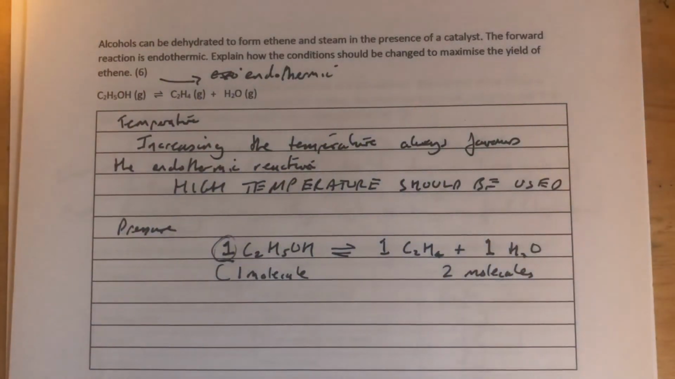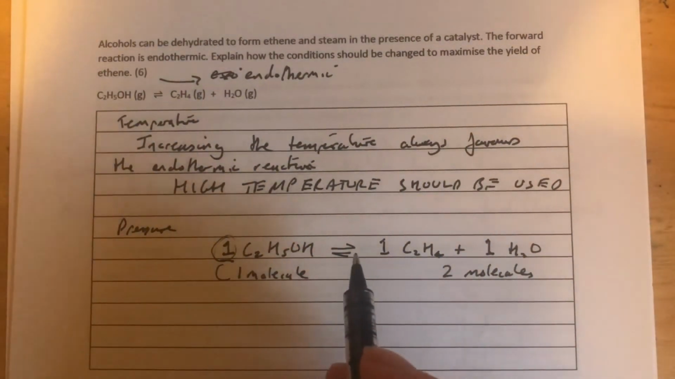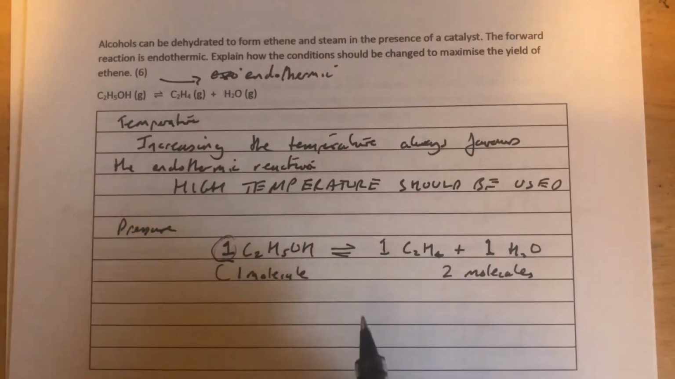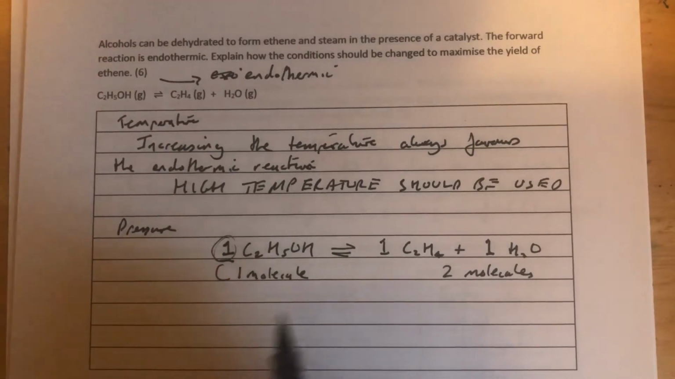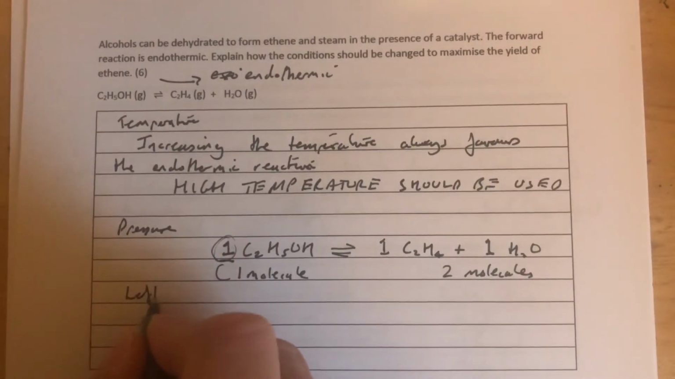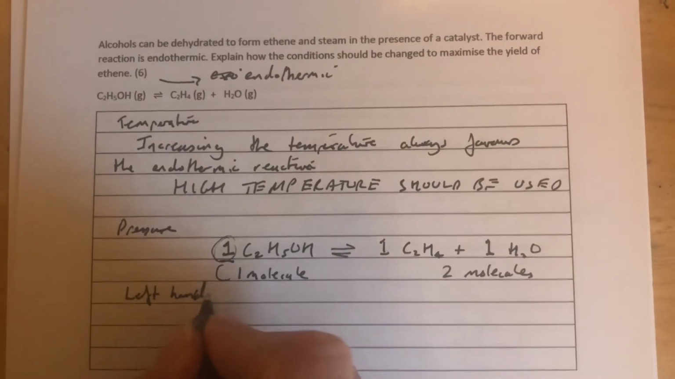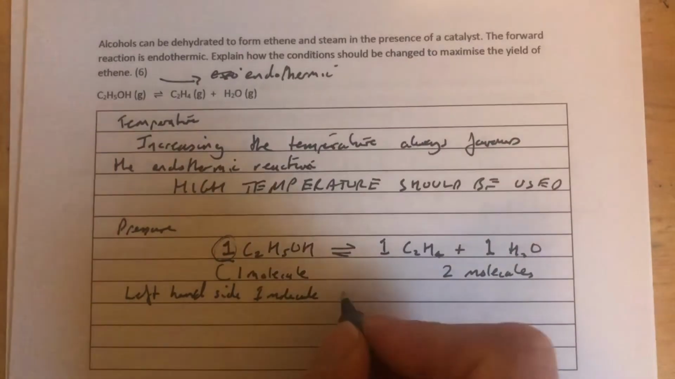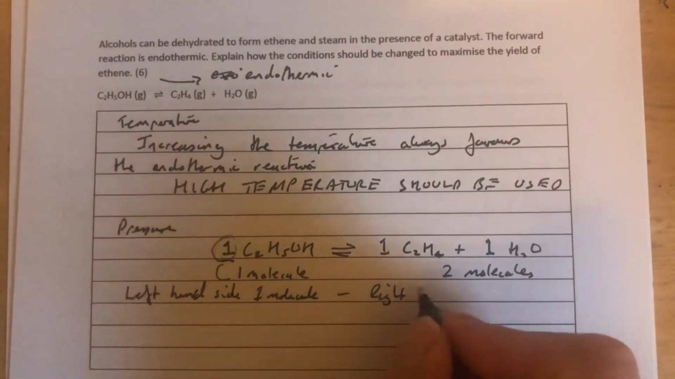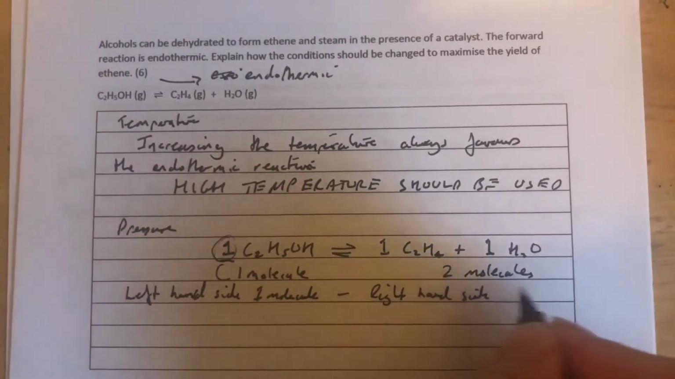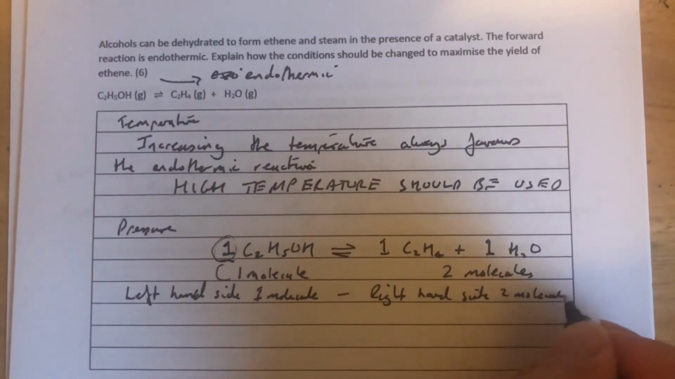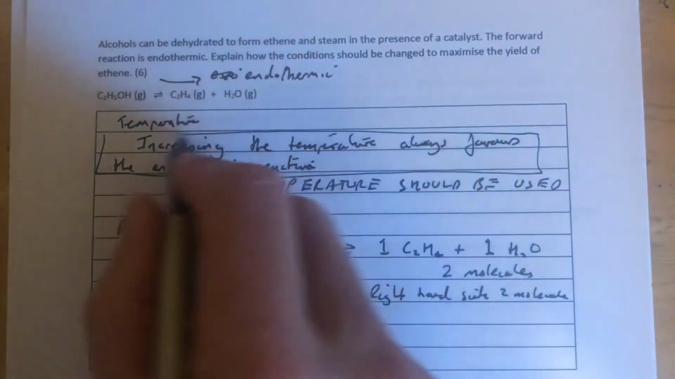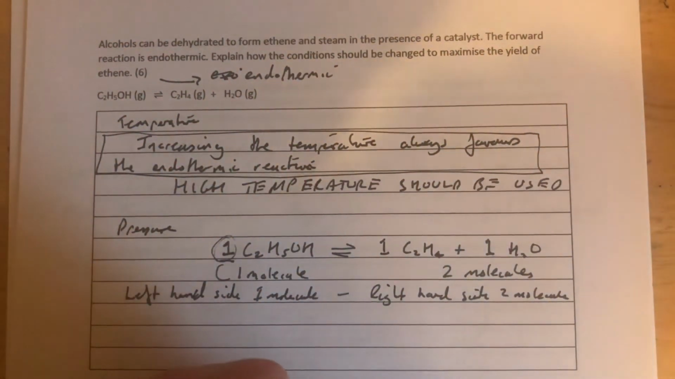Okay, so to work out how pressure affects the position of equilibrium, we need to count molecules. That's always the stoichiometry numbers before the gases in the equation. The left-hand side, 1 molecule. Right-hand side, 2 molecules. Now, what's the rule we have to learn here? This was the rule we had to learn for temperature. What's the rule you've got to learn for pressure? The rule for pressure is